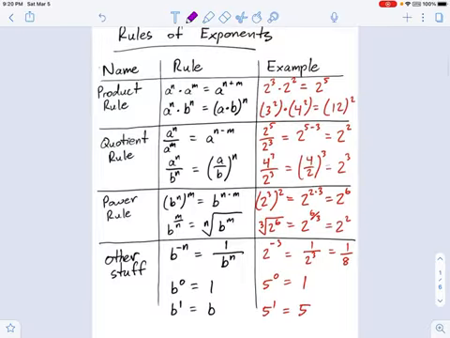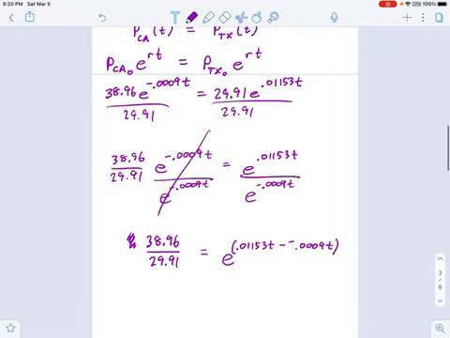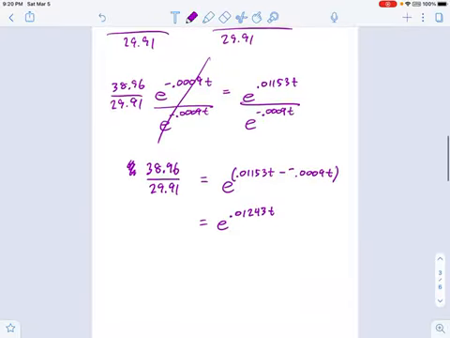Do we have an example of this? Here we go. Quotient rule, right here. That's what I'm using. Freeze the screen there if you like. Take a look at what we're doing, but I am subtracting two exponents. And what that equals is e to, well, at this point we can use a calculator. I have no idea what that number is. 0.01153 minus negative 0.0009. Okay, great. So I get e to the 0.01243 t. Okay, and now we do the natural log of each side.